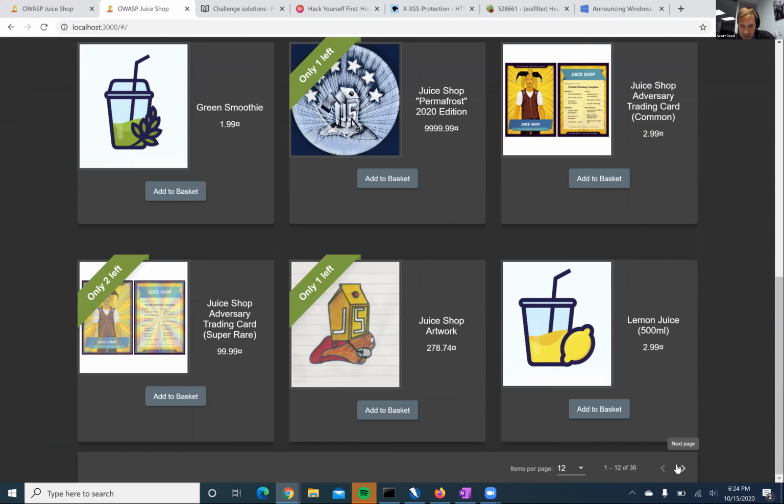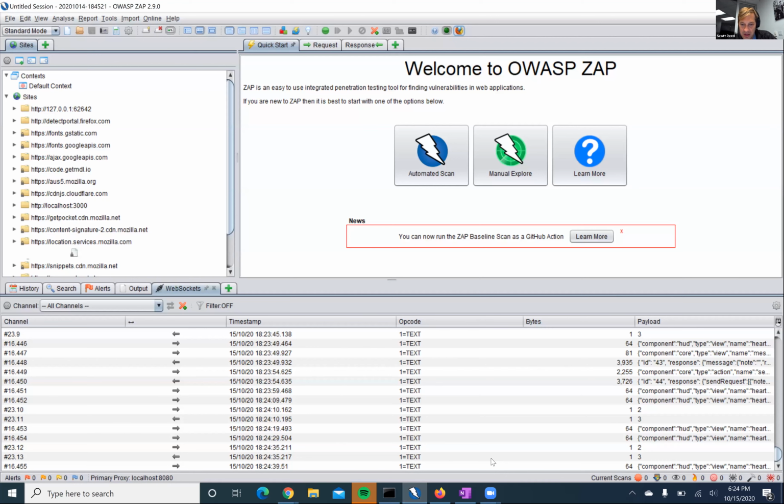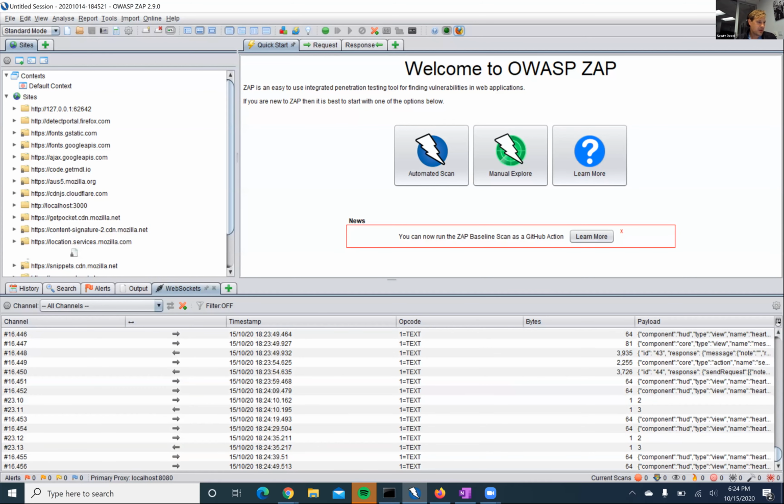But I don't know why that didn't work for me. Did anybody else have the issue with the expiring JSON tokens? Because I don't remember that when I was doing it originally. I felt like they stayed alive long enough that I was able to attack it. Yeah, I didn't have that problem.